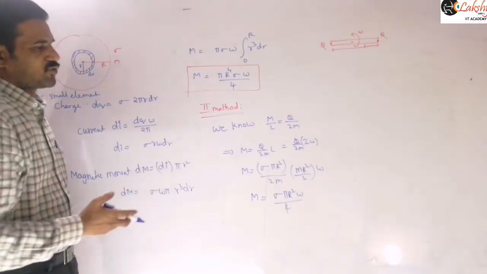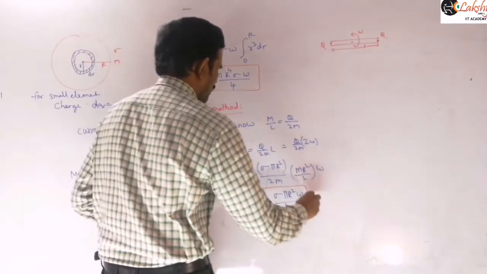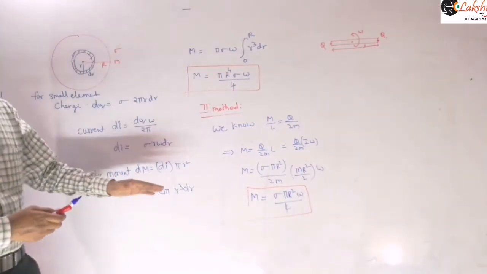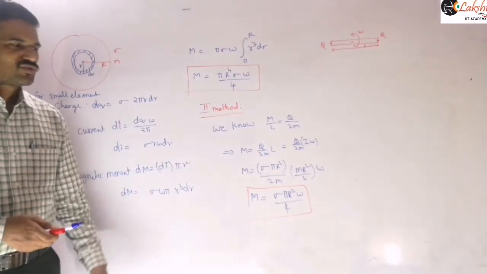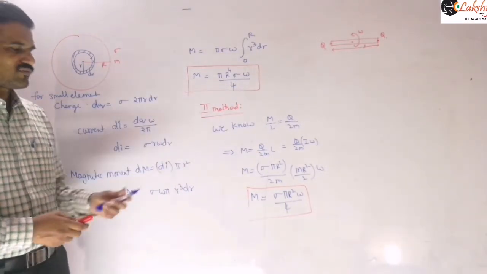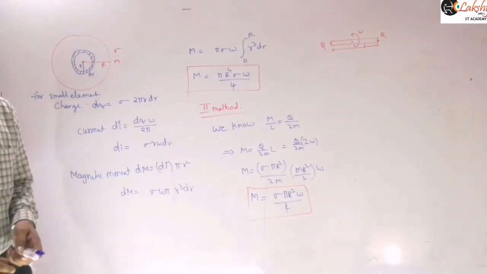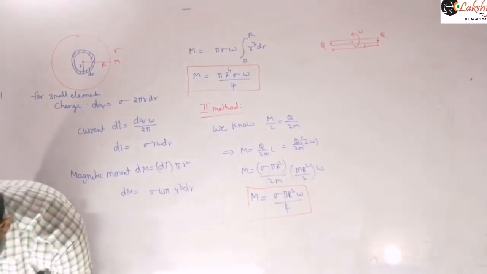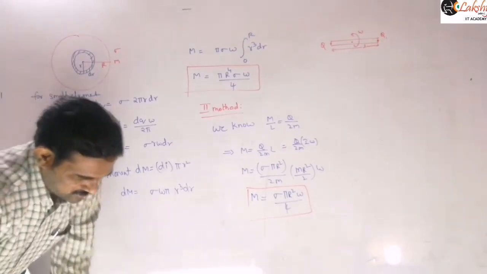So this is without integration. Now you can calculate this magnetic moment like this. Directly we can use that ratio here. So is it clear now? This indicates that for this disc also, the ratio will be q by 2m only, right? Just instead of charge, the charge density is given. Now we are writing in terms of that charge density there, right? And next let us see another problem based on this.